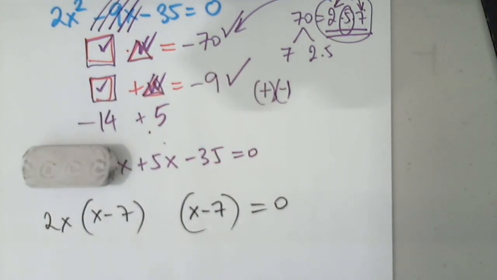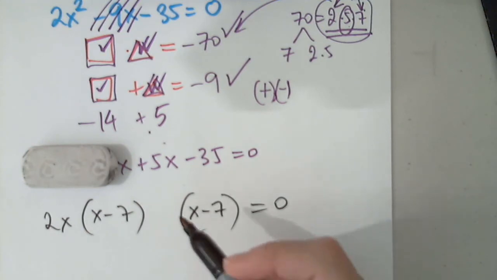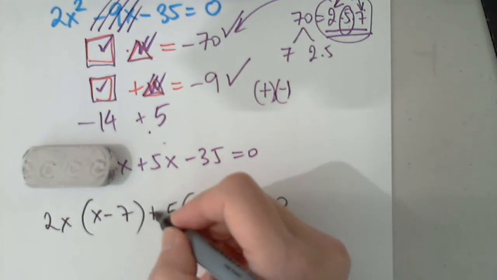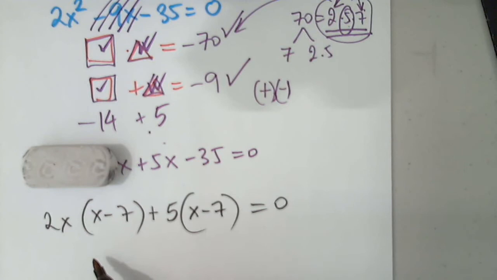And now I look. I need a sign and a factor. Very good. Without a sign, I will not be able to continue though. Positive. Excellent. Great job. The common factor goes out now. Which is? X minus 7. Excellent. And finally,